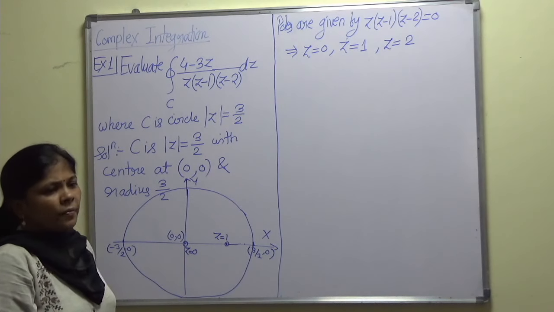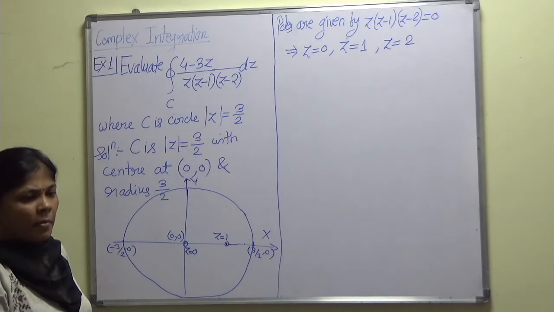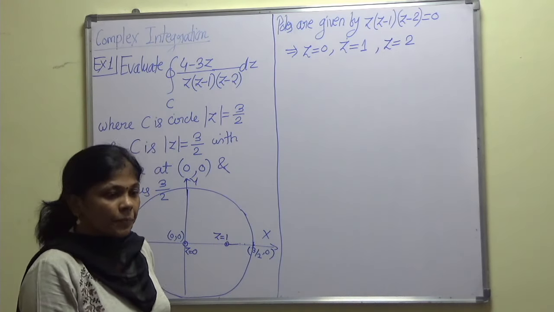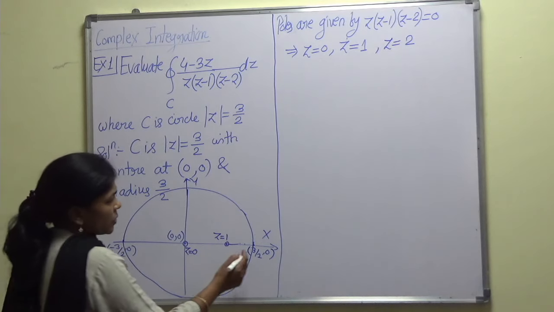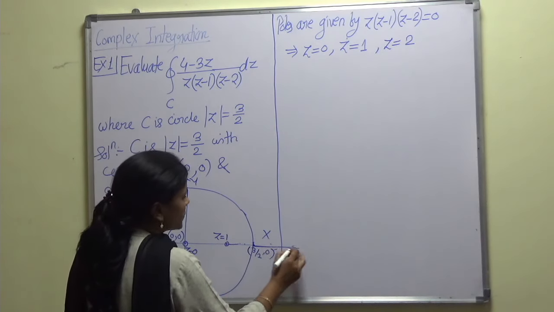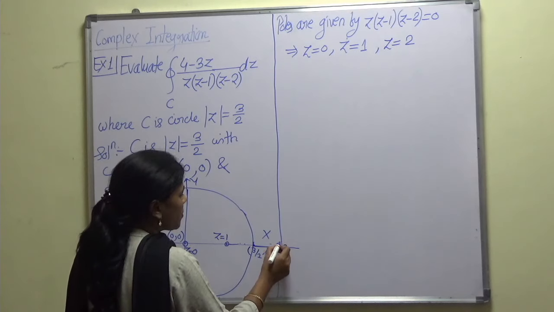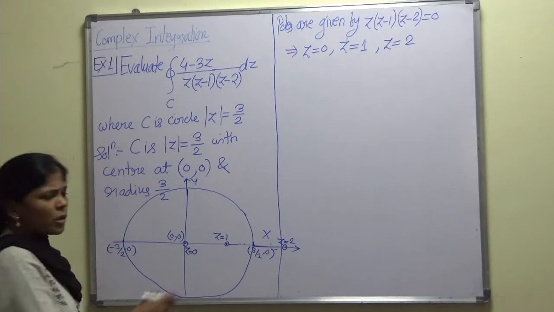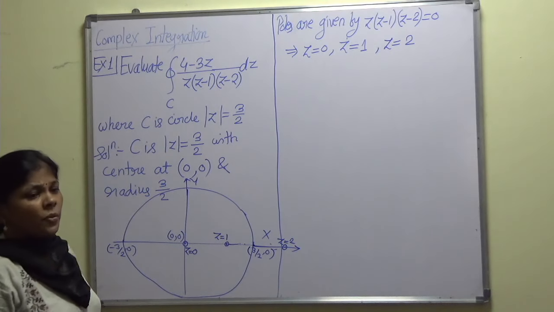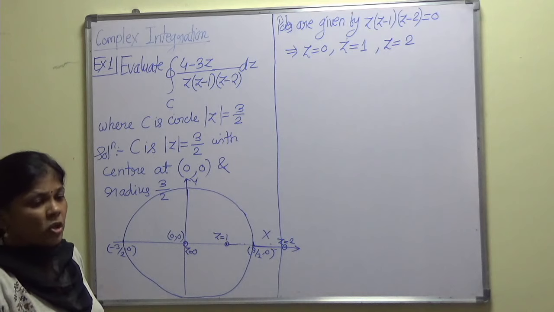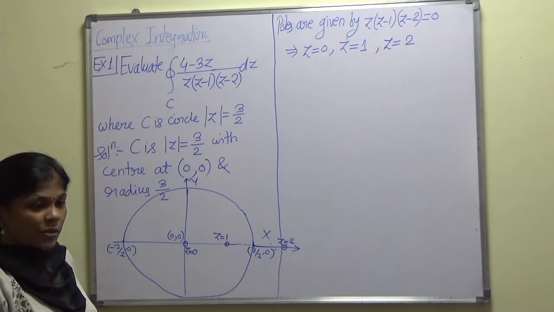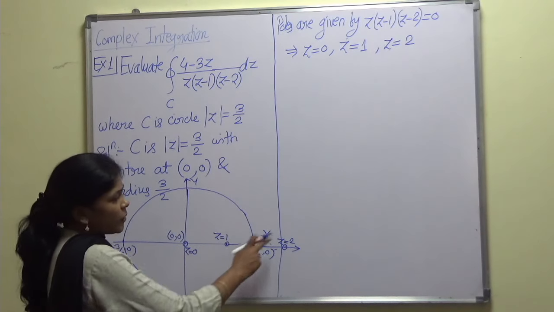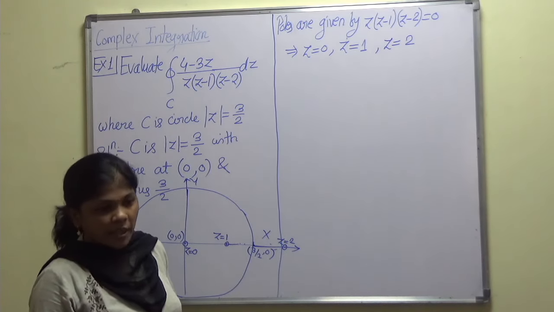On the same line, z equal to 2 means, as no imaginary parts are there in that equation, it is nothing but the same as x is equal to 2. So that will lie outside the circle. So here somewhere we have z equal to 2. So like this we have plotted the poles, right? And then we will make the observations, which of them lie inside and which are lying outside. So what we find, z equal to 0, z equal to 1 lie inside, and only the pole z equal to 2 lies outside the circle, right?